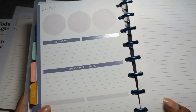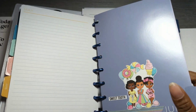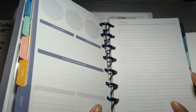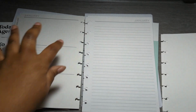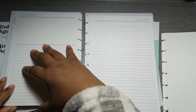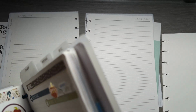Okay, here's June. So this is the regular Plum Paper, and as you can see, it has the colored divider, and then it's got color along the side, and then it's got these 3 circles: birthdays, events, and things to remember. With this one, it's just a neutral palette, no circles. I opted to not have headers on here so that I can decide what I'm going to do with it, which I have to tell you, now that I was just getting in my groove, figuring out what to do